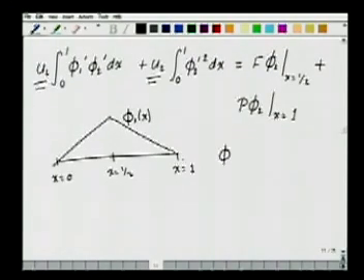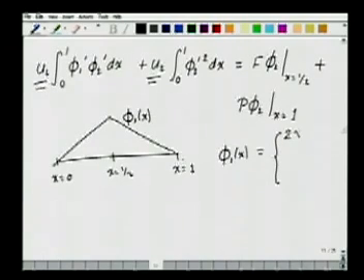So it is very easy to define this function phi 1 of x. If it is linear here in this region and it has a value 1 at the point x equal to half, then